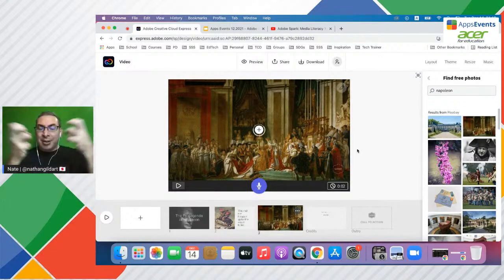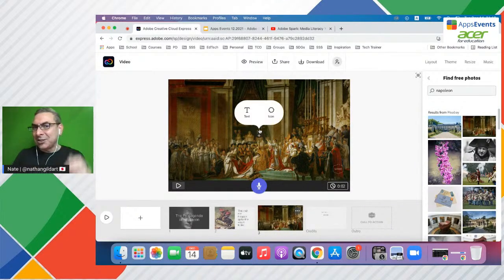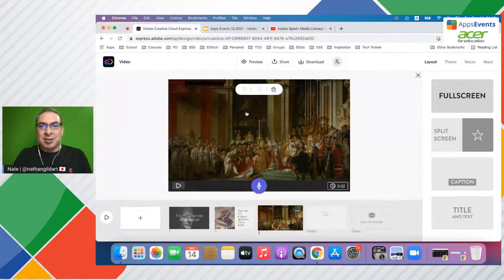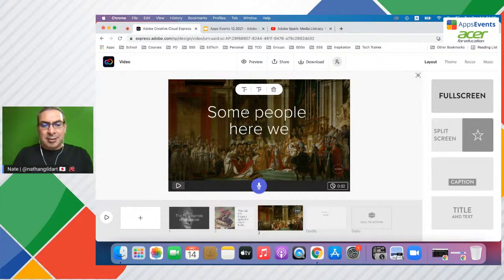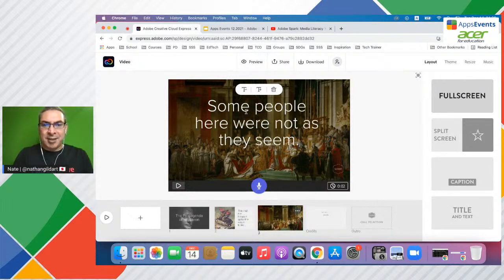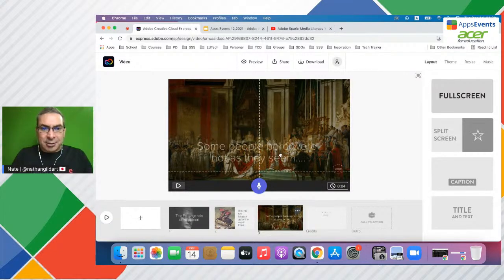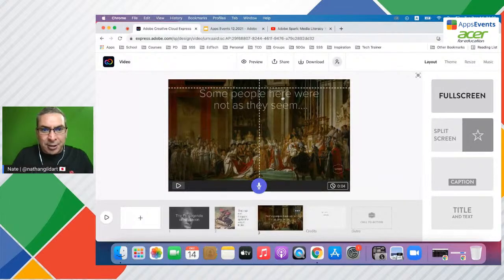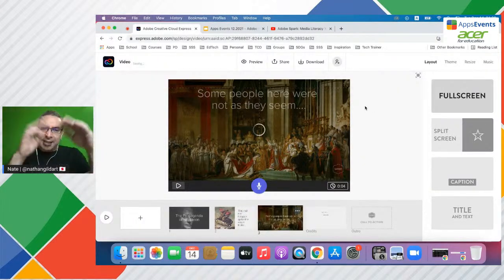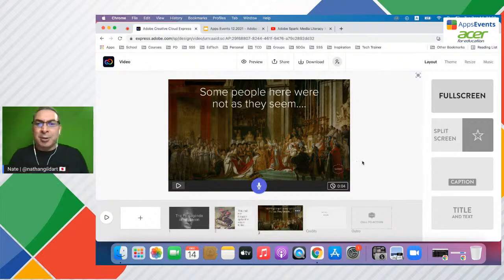And you can, again, do the different styles, but it's the layouts, but it's limiting. But that's a good thing. Note, I really can't spend a lot of time making decisions on this, right? Because I don't have a lot of options. Let's see. Some people here were not as they seem. And I think that's a little large, so I'm going to make that a little bit smaller. I'm going to click and drag it and pull it down here. In fact, you know what? I'm going to put it up higher, and note how it gave that alignment for me, because I want to talk about people that are in this image.